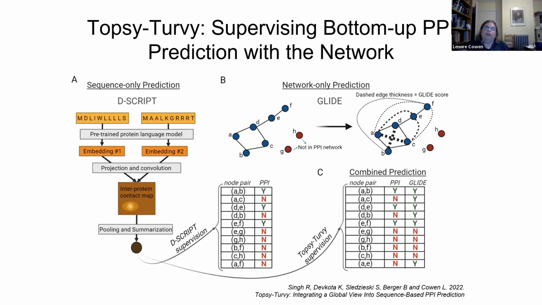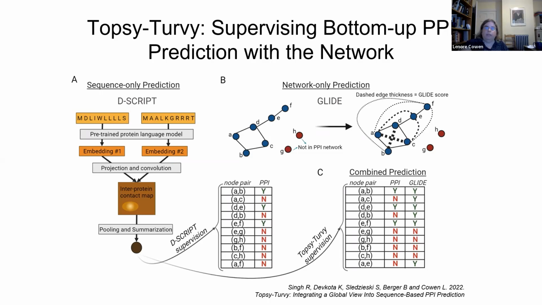So maybe we're trying to predict PPIs in a non-model organism where we have no existing experimental evidence. But we're still somehow guiding the training by this global knowledge of network topology by one of the embedding methods. So when we're learning what makes two proteins interact, we're learning something from the structure at the bottom level, and we're learning something about maybe which nodes are most promiscuous or various other things from the